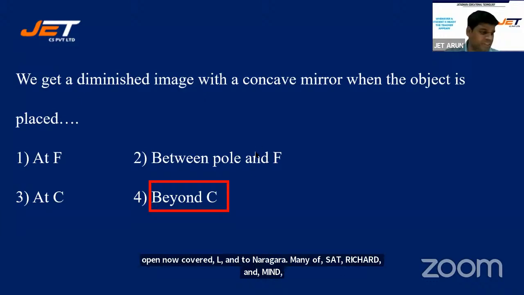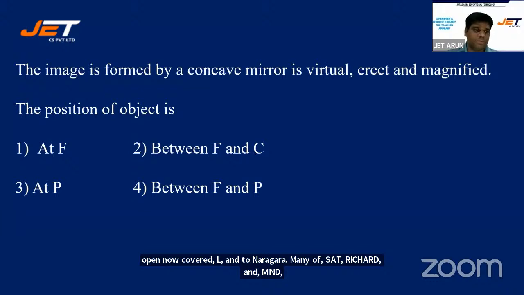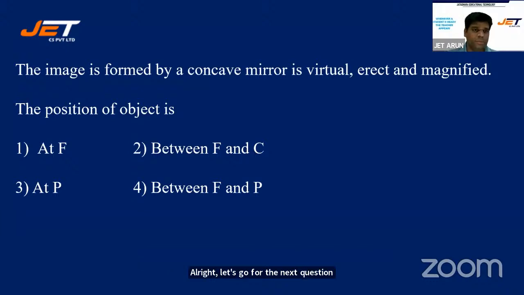All right, let's go for the next question. Here's the question, students. The image formed by a concave mirror is virtual, erect and magnified. The position of the object is